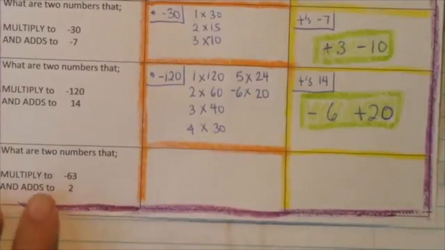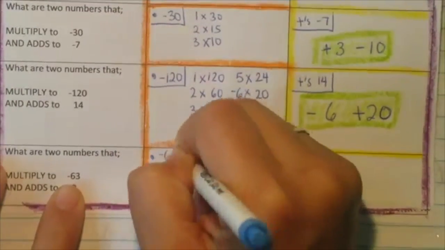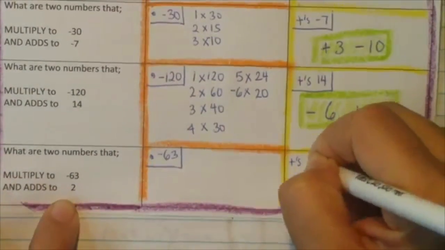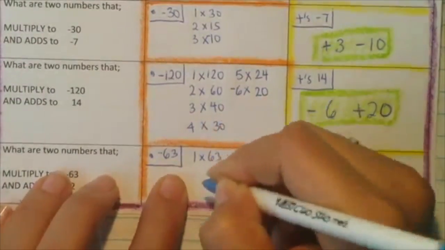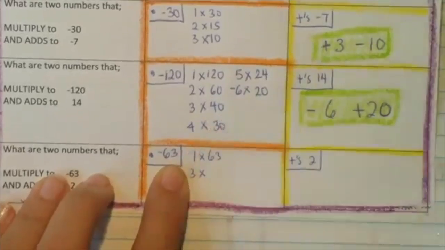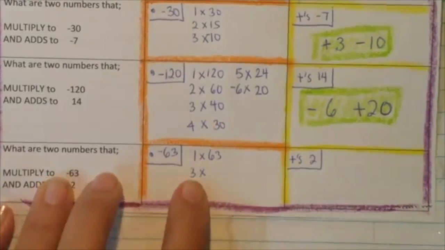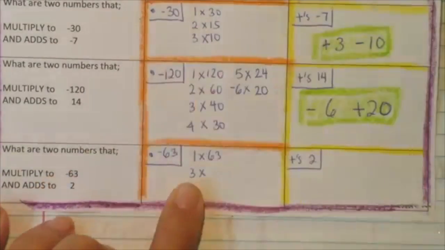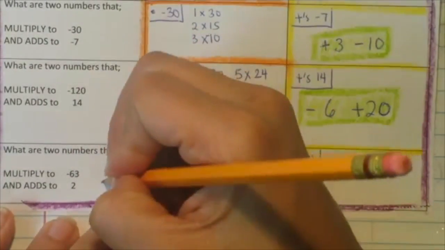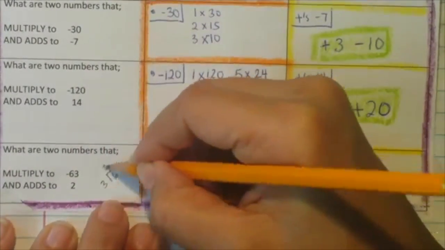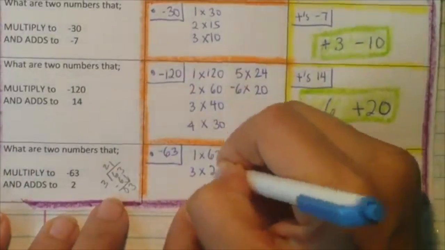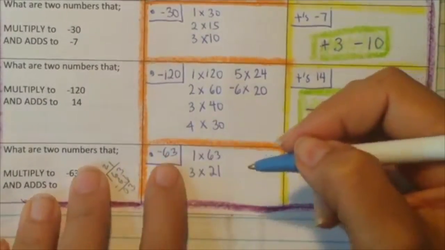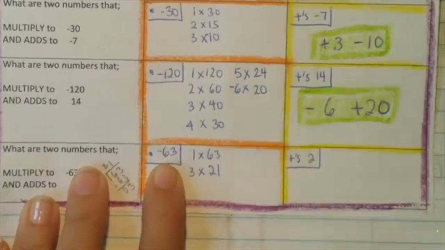Alright, let's do one more. So two numbers that multiply to -63 and add up to +2. So again, let's break 63 down. So we're going to go 1 times 63. 2 is not going to go into 63. 3 into 60 is 20 and 1. So 21. And again, if you're not sure, you could just do the long division. So 3 times 21, 4 is not going to go, 5 is not going to go,